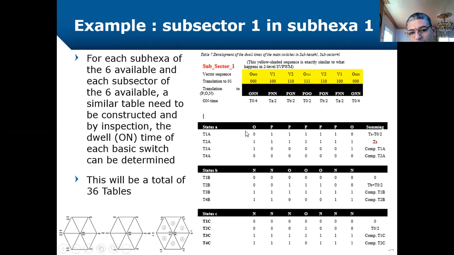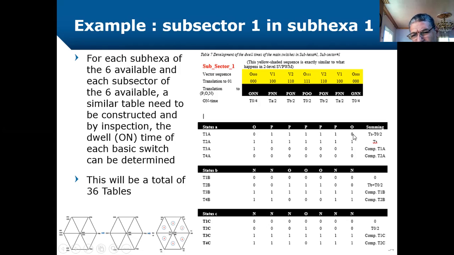So if I ask you, please derive the law for switch T1 in phase A, you say, okay, this is on. So the whole TS period is on except for these two slots, and each of these 2 slots is T0 by 4. So you say T1A equals the dwell time, the entire TS, minus T0 by 2, which is T0 by 4 and T0 by 4. And for this one, T2,